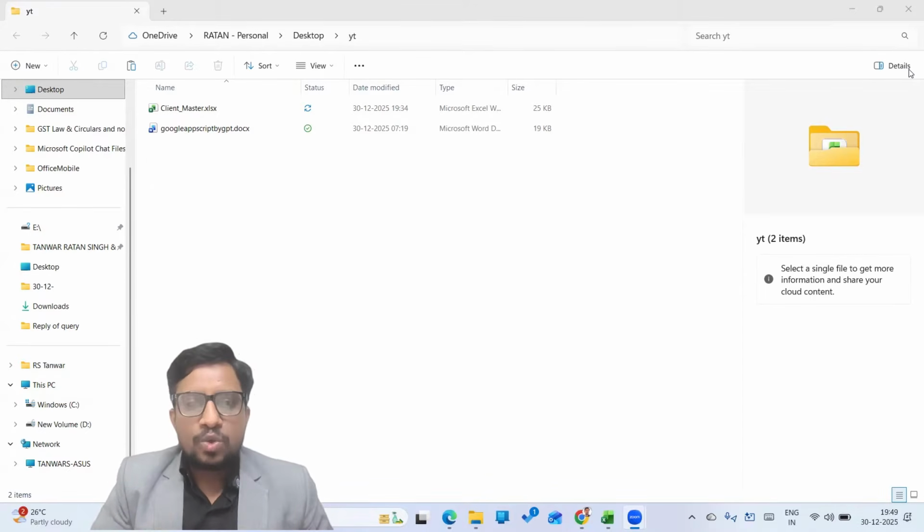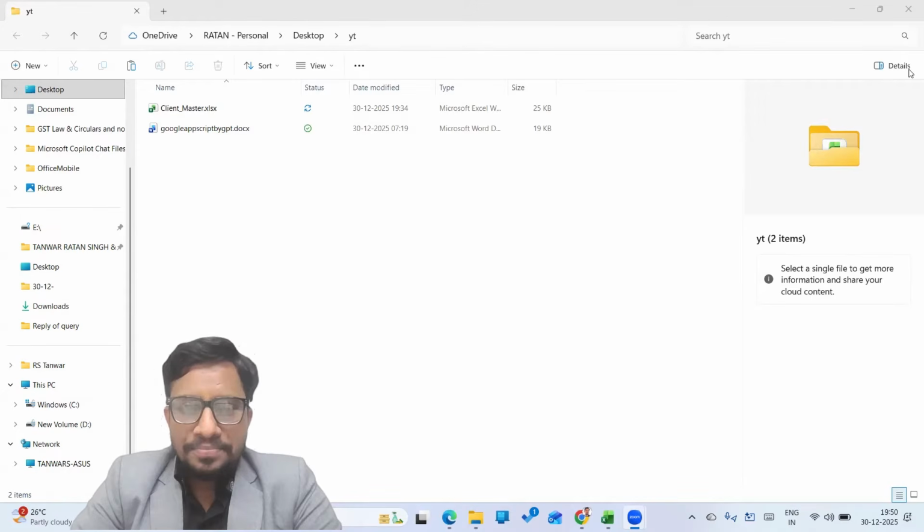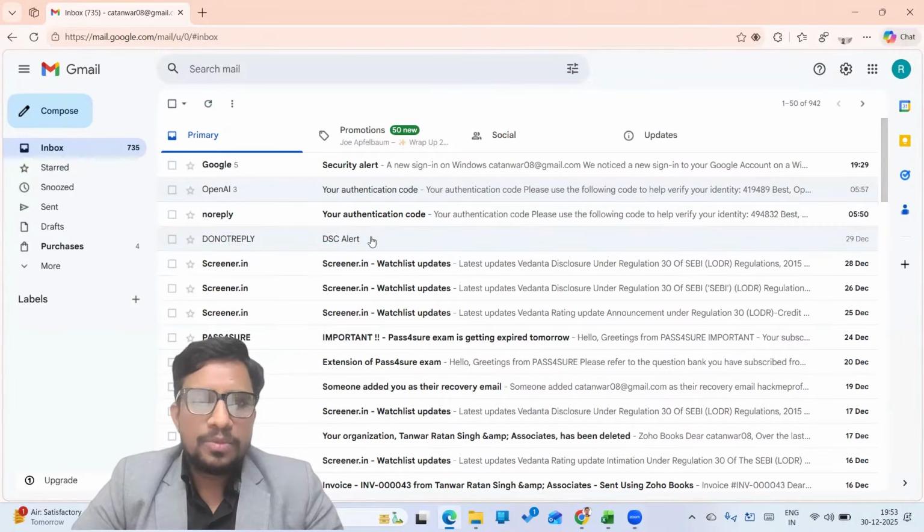So let's start. To generate that script, we will take the help of ChatGPT. So here I'm using my GPT. Let me explain step by step. First, we open the Gmail account which we want to automate, in which we have to enable the setting. So this one is my Gmail account. Now what we will do, this is my Gmail account, and here now